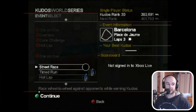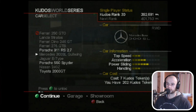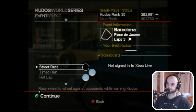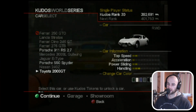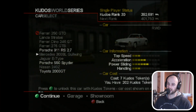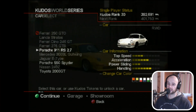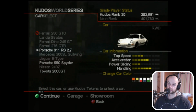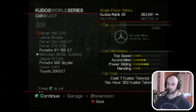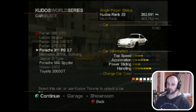Third event is a street race, and we're going to have to go back into the Porsche. I think, let's have a look at this one. I tried this quite a lot in the Ferrari Dino and also the Mercedes 300 SL. And what I'm going to say is, it is maybe possible in either of those cars, but you do need a hell of a lot of luck, and it's going to take a lot of time for the stars to align to be able to do that in terms of the AI crashing and then you trying to catch up,